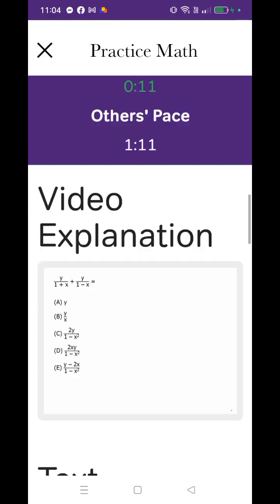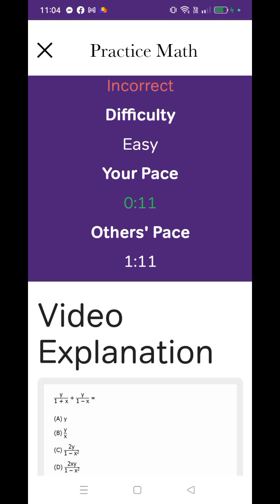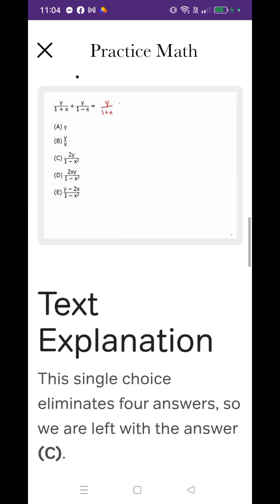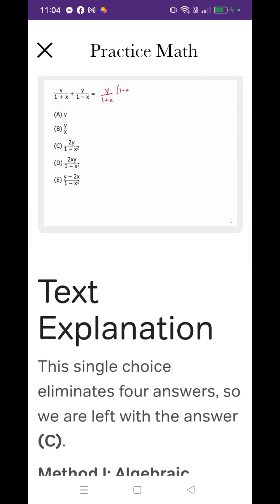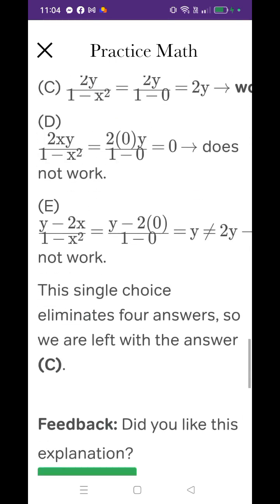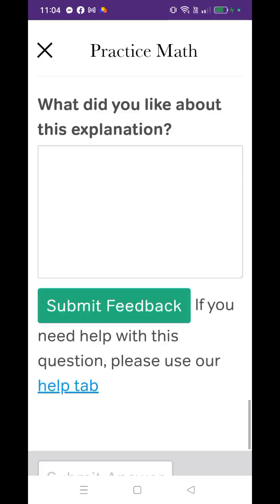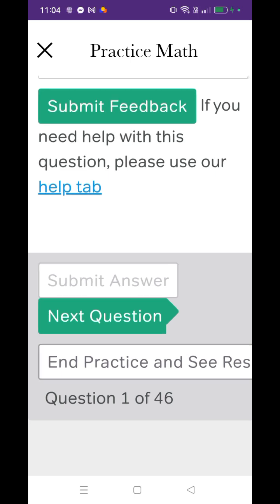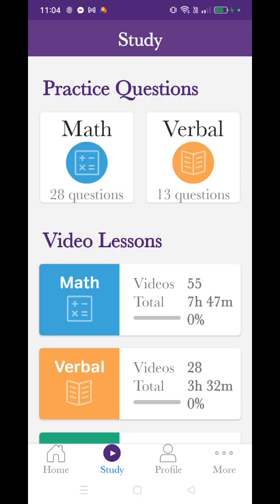And so when we have numbers, of course, we find a common denominator. So here we're going to find a common denominator. What we're going to do is take that first fraction and multiply it by 1 minus x over 1 minus x. In the second fraction, we're going to take that fraction and multiply it by 1 plus x over 1 plus x. And so that way, what we'll get is